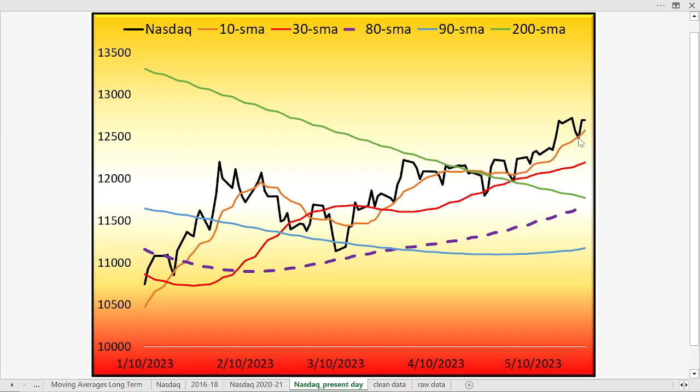We actually just bounced off 12,400, 490 or so in the NASDAQ, and now we're back up to the 12.6, 12.7 level actually. So there is something to be said about shorter-term moving averages when the market's choppy. But overall, we can see this is not a fun market. In this type of choppy market, I think that the Bollinger Bands would probably be much more aptly suited, because I think they are better suited for a buy low, sell high,